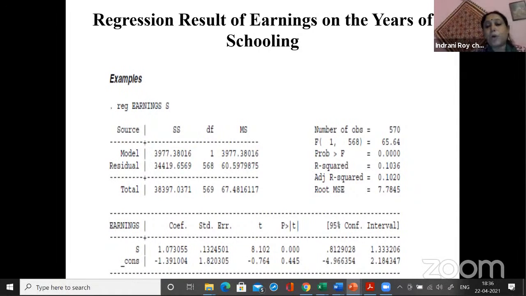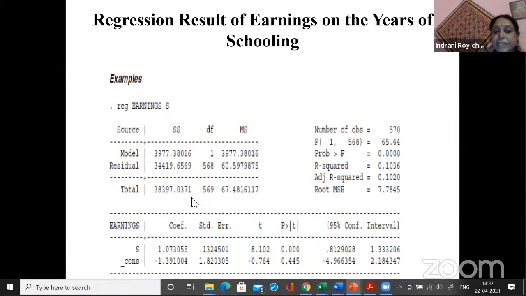If you put X equal to 0, then if somebody is illiterate, with no years of schooling, in that case also the person is supposed to earn something, right? That earning can be through begging, it can be through savings, but some earning is to be made. So that is actually your beta naught. And what is your beta 1? Beta 1 is the coefficient of the years of schooling, which is the coefficient of your X.